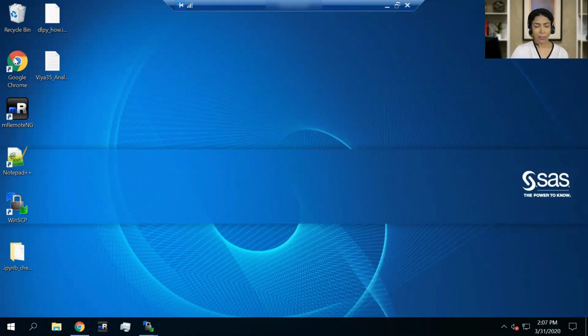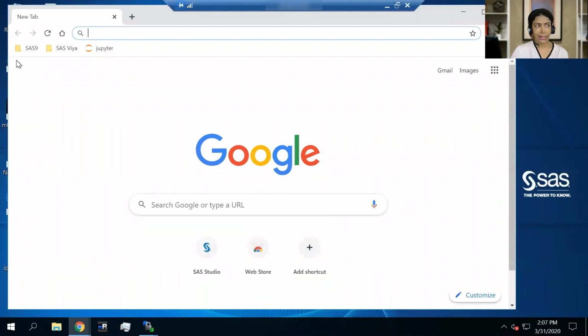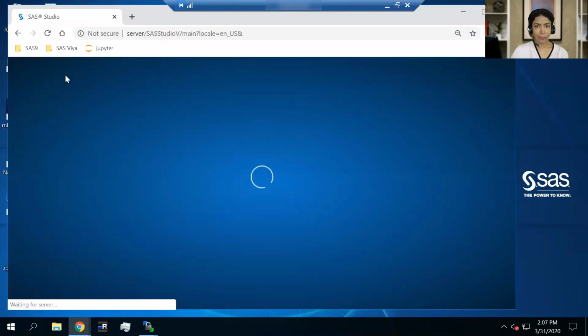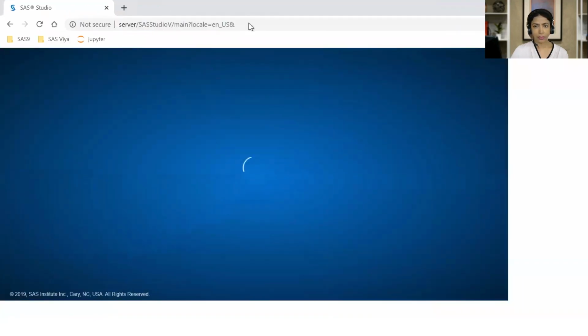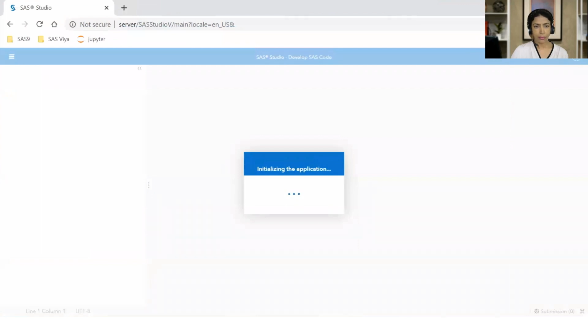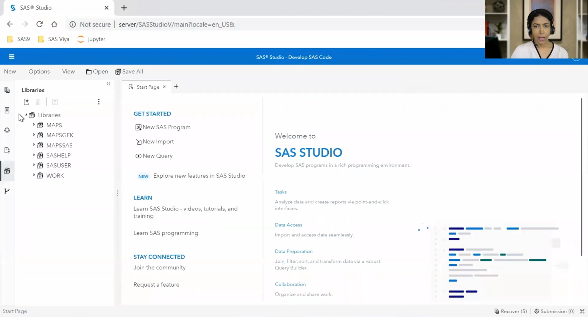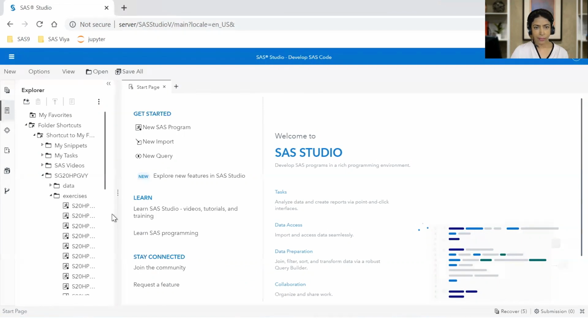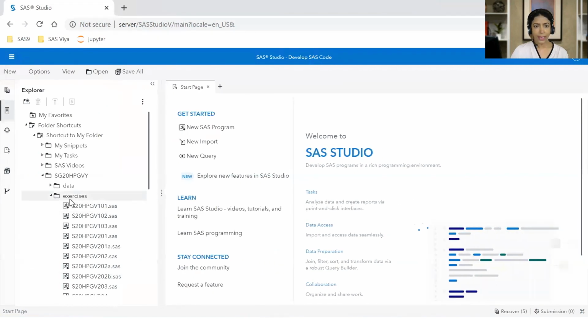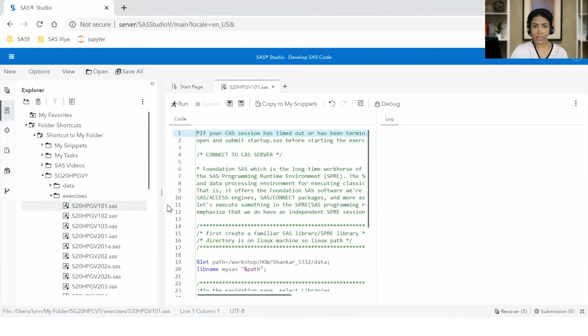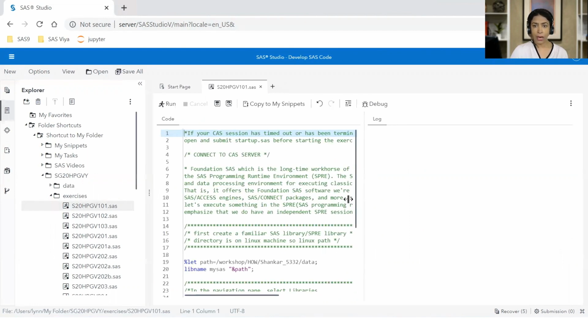I'll launch Google Chrome from the desktop. Then I'll click the SAS Viya tab below the address bar and choose SAS Studio. Once Studio launches, I'll navigate to my folder structure, and within there, I've already created a shortcut to the folder where I have my data and all the exercises. I'll double-click to launch the exercise that I'm interested in, the very first one, where I'll be doing the connection